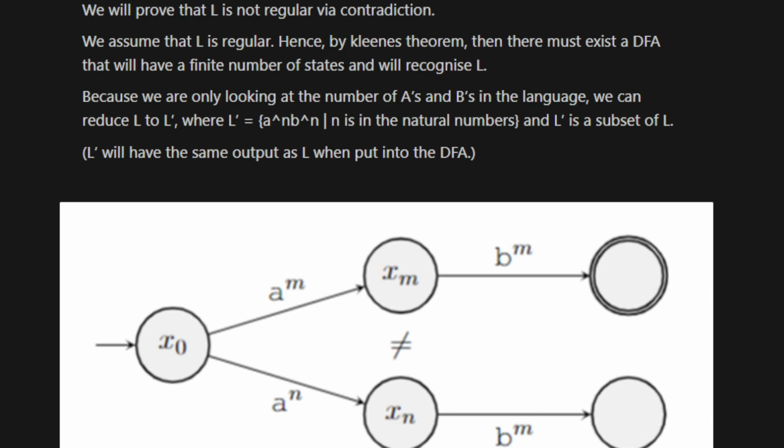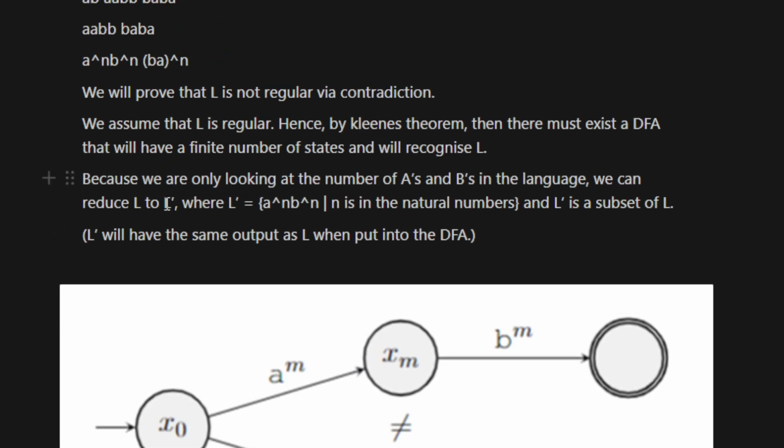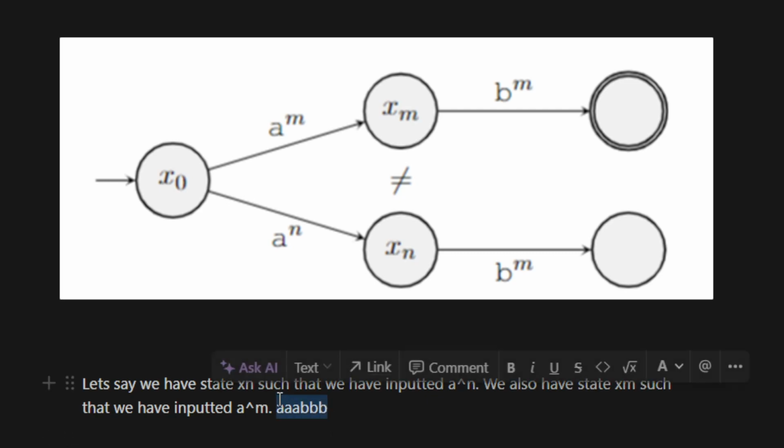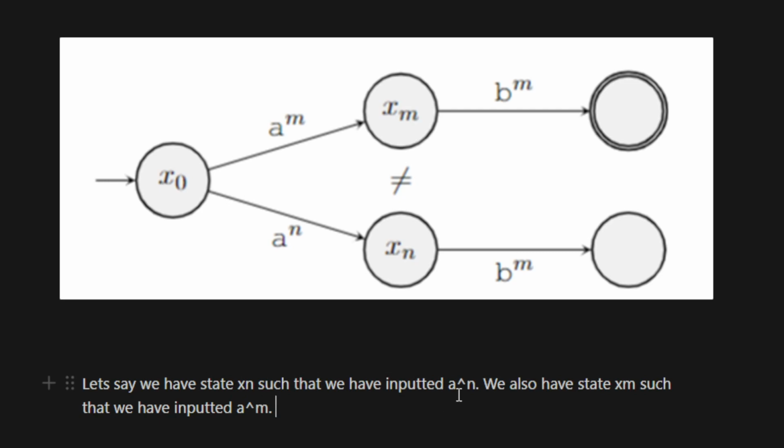Now, we also have state xm such that we have inputted a to the power of m. For these two parts, we're just theorizing here, because when we look at the same number of a's and b's in a string, for example, when we're looking at L prime, there must be something like A, B, B, B, right? So what's m? M is just a number. I'll define that in a moment. So actually, I'll do it now, just to make things easier for you. So let's say we have x and we have inputted a^n, and we have a to the power of m,